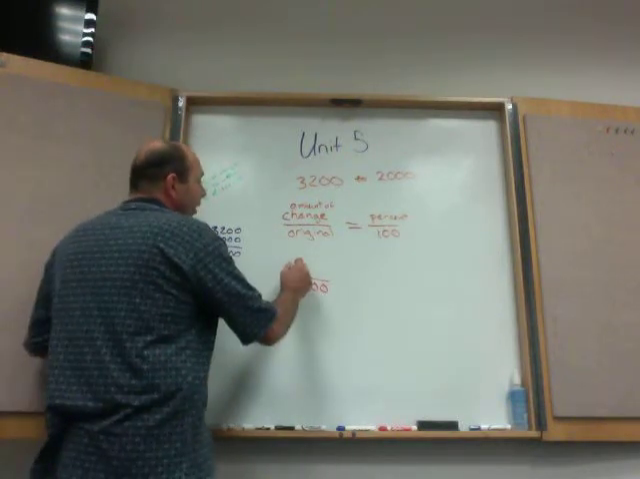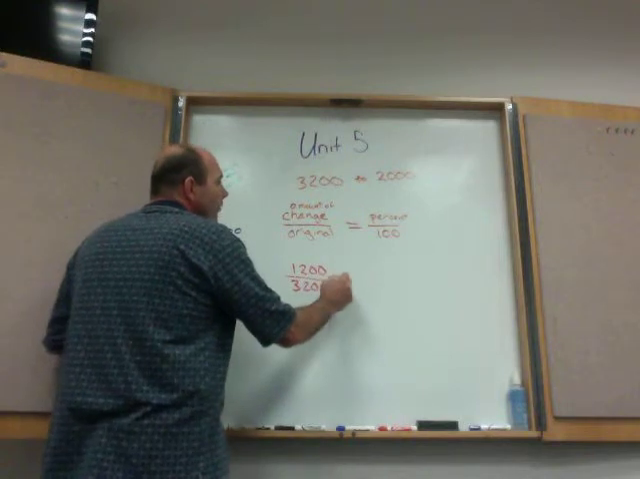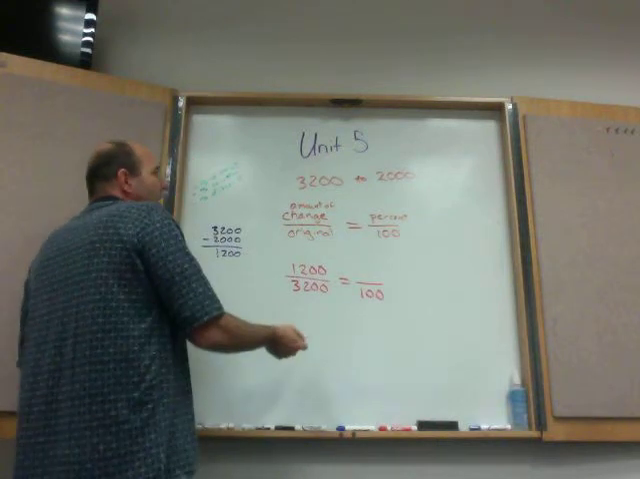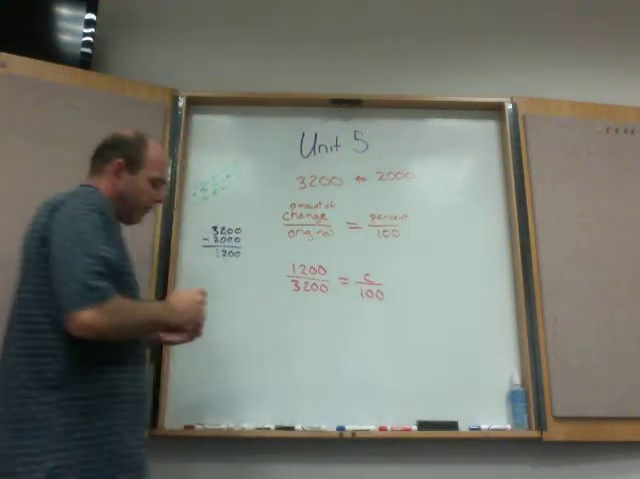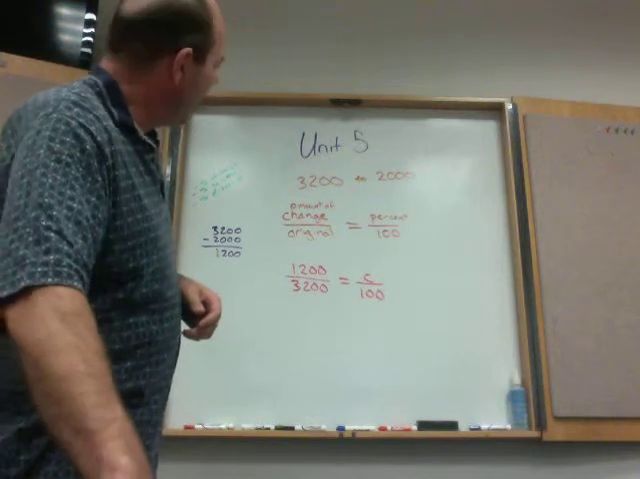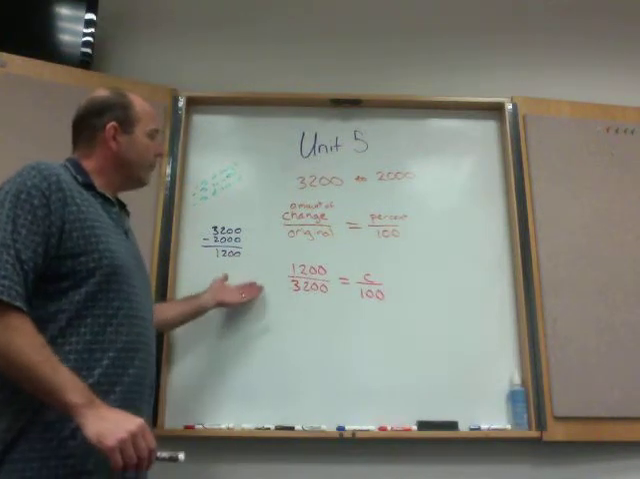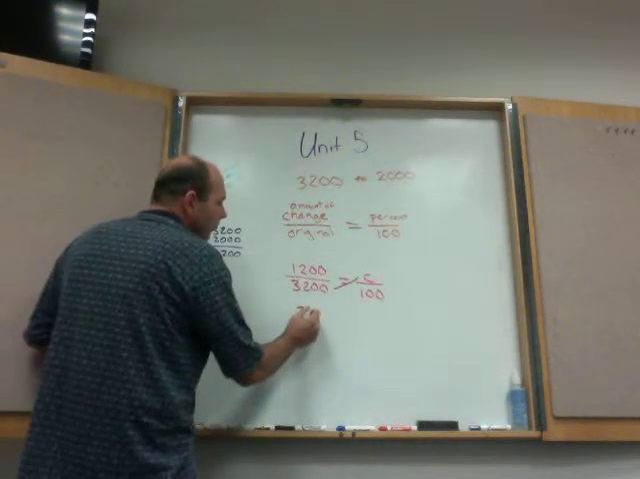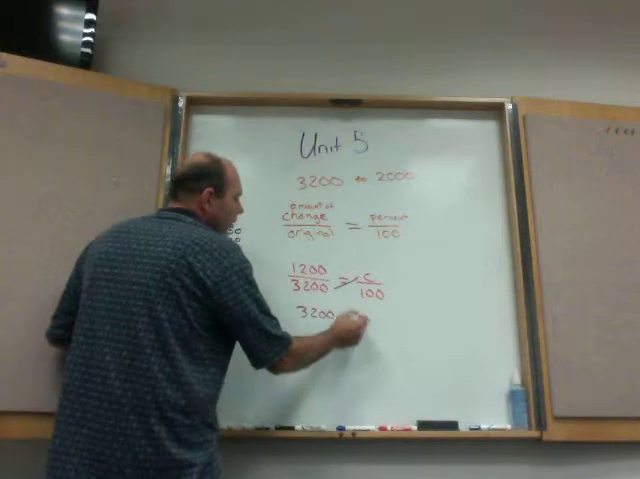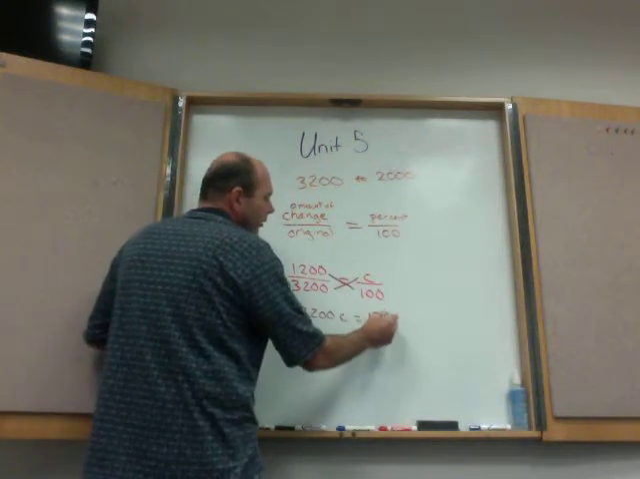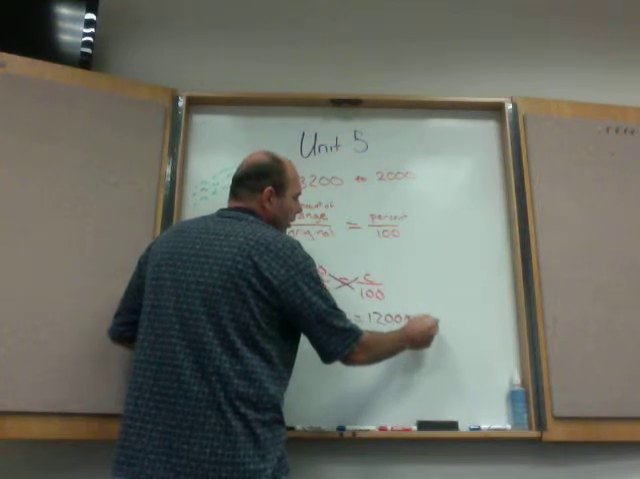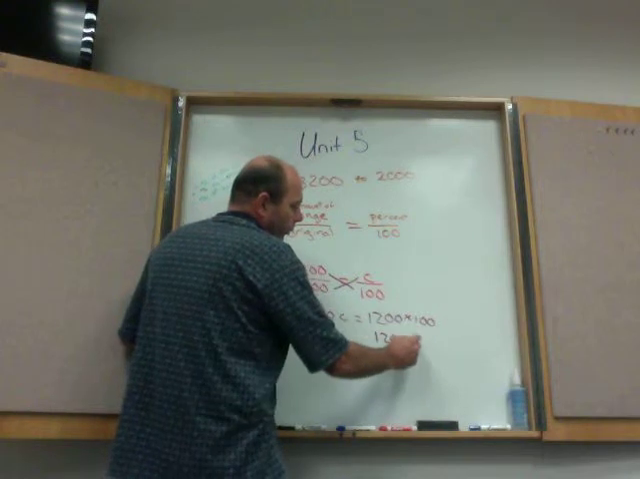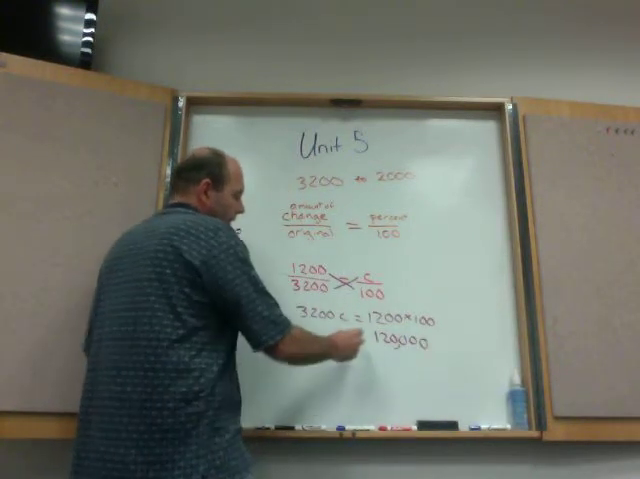So if you have a 1,200 calorie change, we want to find out what percent of a change that is. We're going to set that up over 100, and this time let's use a C. Now looking at this, all I have to do is cross multiply. I have 3,200C equal to 1,200 times 100. 1,200 times 100, I've got my 1,200 and two more zeros. Work backwards, 120,000 equals